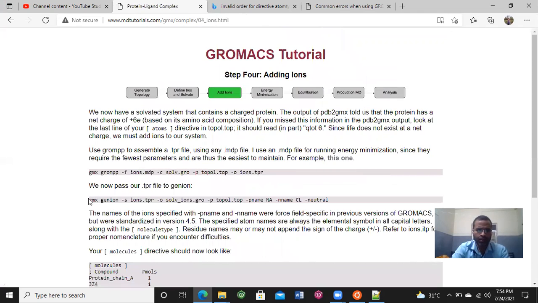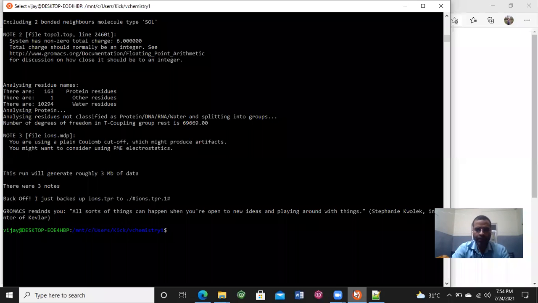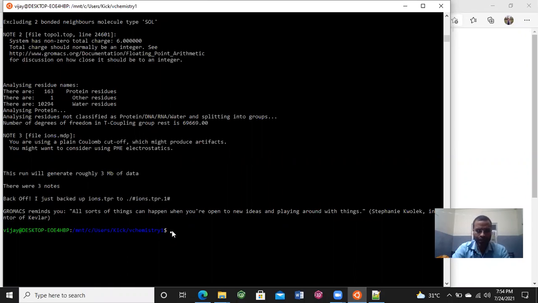Now we can replace water molecules by sodium and chloride ions, to convert our system to a neutral state. This can also be changed to another state, like if you want to make the concentration of protein at the cellular level, then you can change it,